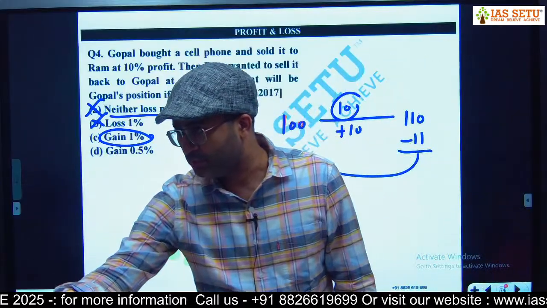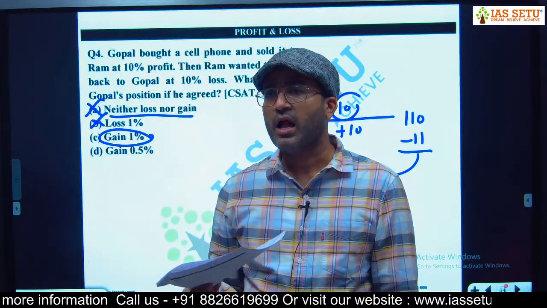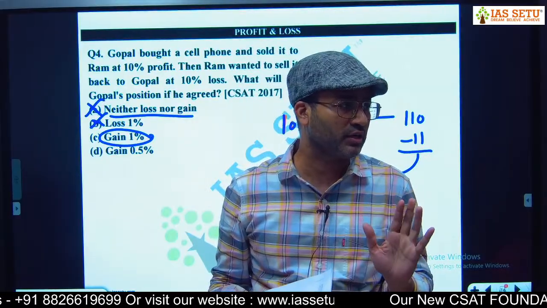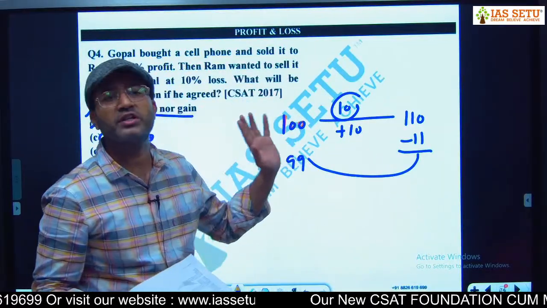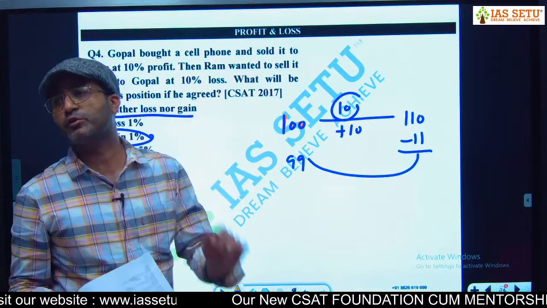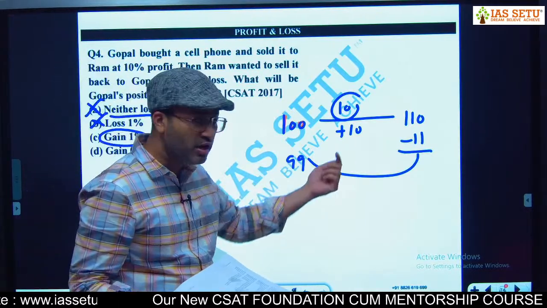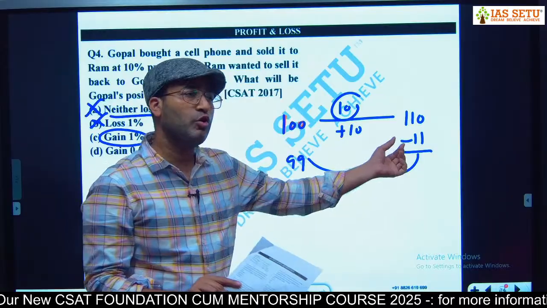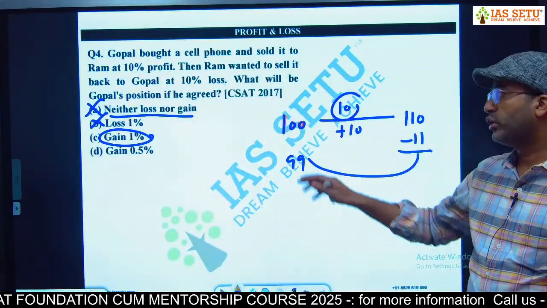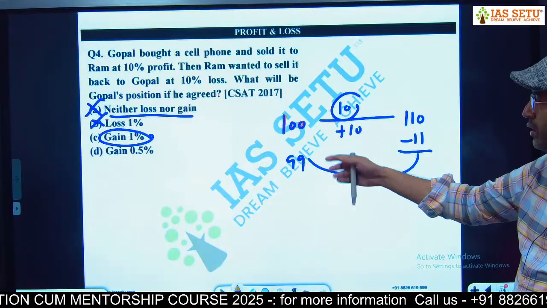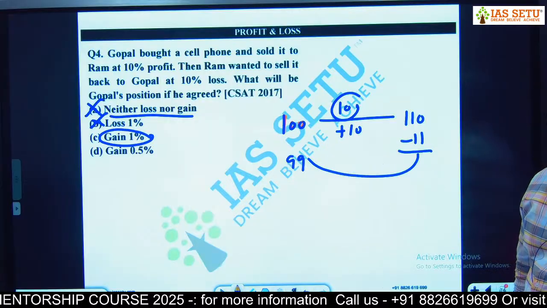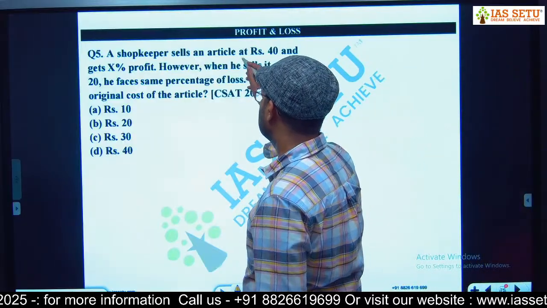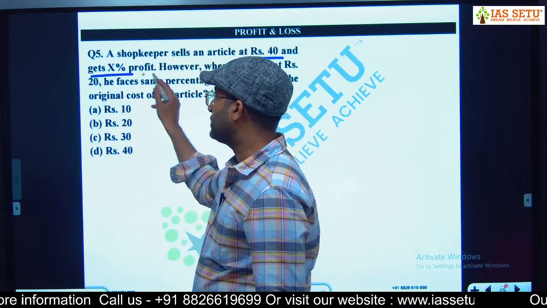आई सेल दिस थिंग टू यू, आई गेट इट बैक, ठीक है, एंड आई सेव 11 रुपीज। ओवरऑल ड्रामे में मेरे को 11 रुपए बच गए, तो मुझे 11 रुपए का प्रॉफिट हुआ ना। 110 रुपए की चीज बेच के वही मुझे 99 की वापस मिली। आई हैव सेव्ड 11 रुपीज इन दिस ट्रांजेक्शन एक्चुअली। मुझे ओवरऑल 11 रुपए का फायदा है। गोपाल को ओवरऑल 11 रुपए, उसकी चीज वापस आ गई और उसको ओवरऑल 11 रुपए भी मिल गए, ठीक है। तो हियर बट आंसर ऑप्शंस आर like here such that we have to mark gain 1%, हमें सिर्फ 1% ही मार्क करना पड़ेगा।